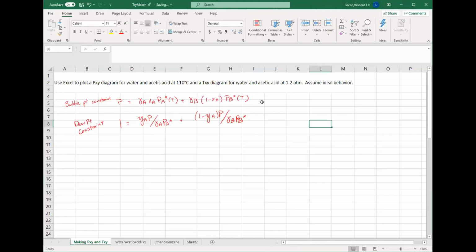Making a PXY or a TXY plot entails plotting the bubble point and the dew point curves for both situations. So from my OneNote notebook, I've taken the equations that I derived in class for my bubble point and my dew point constraints. Let's start with the PXY diagram, since that one's going to be a little bit easier since